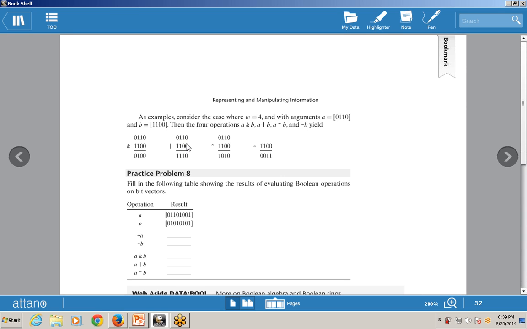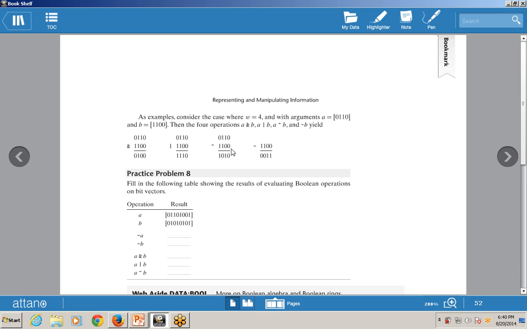This is the OR operation. In this, if either one of the inputs is true, then the output is true. That is, 0, 0, both are false, then the output is false. In this, 1 is true, so the output is true. In this, both the inputs are true, then the output is true. The last one, one of the inputs is true, then the output is true.